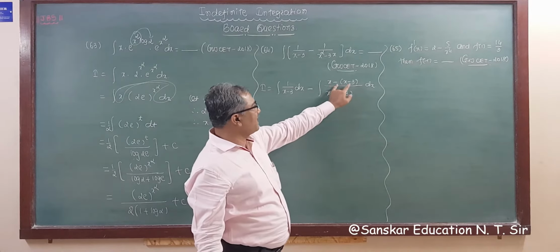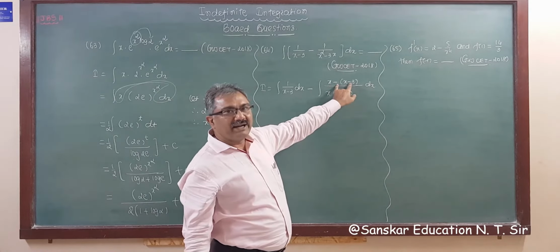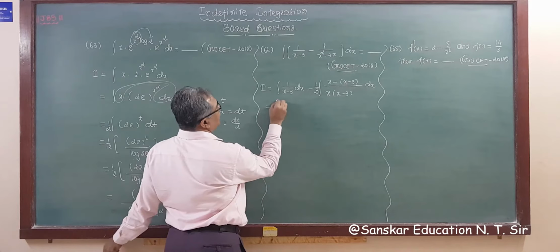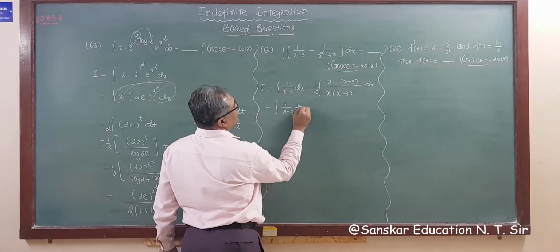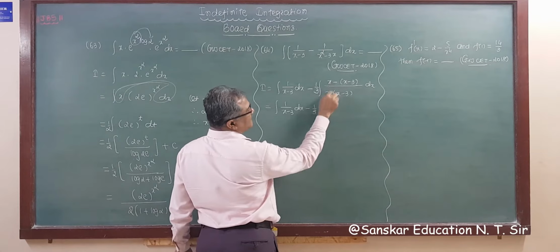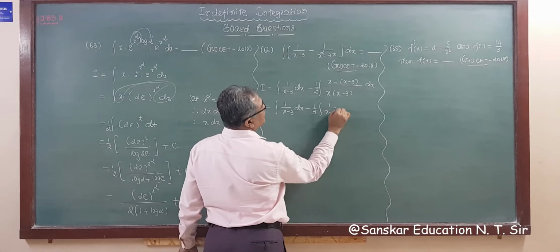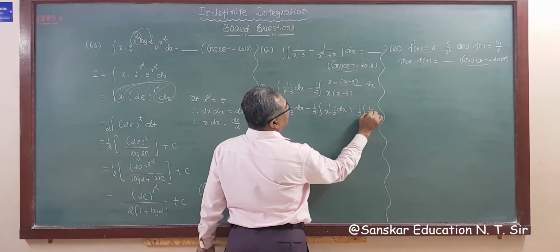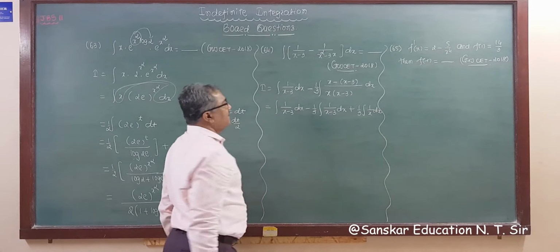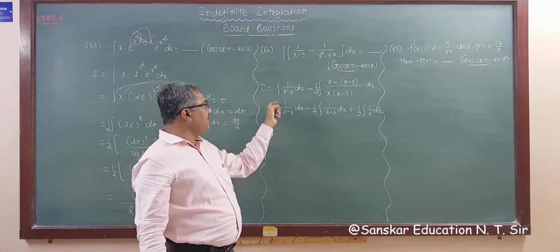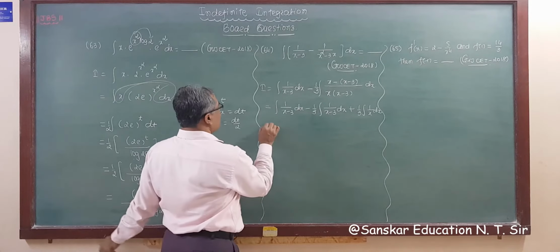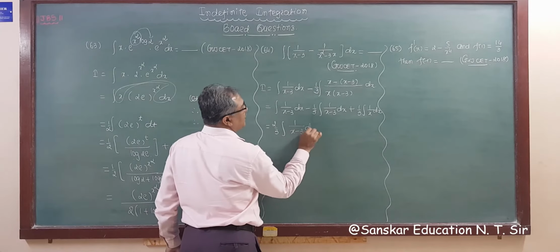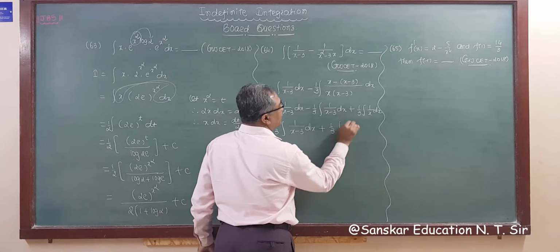We have to write x minus 3. So x will be cut, minus plus 3. That means we have multiplied by 3, so we have to divide by 3 also, right? And bifurcating again. So 1 upon x minus 3 dx minus 1 upon 3 integration x, x will be cut, so 1 upon x minus 3 dx, and minus plus, so plus 1 upon 3 integration 1 upon x dx. Right? So both integrals are same. So 3 minus 1 is 2 by 3. So answer will be 2 by 3 integration 1 upon x minus 3 dx plus 1 upon 3 integration 1 upon x dx.